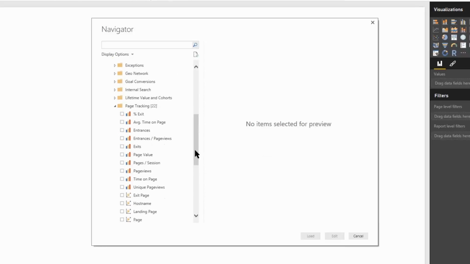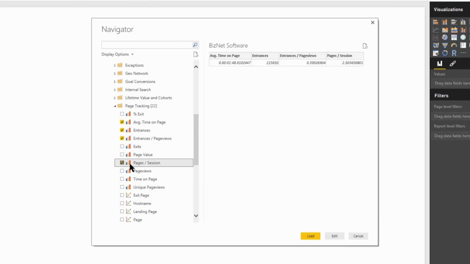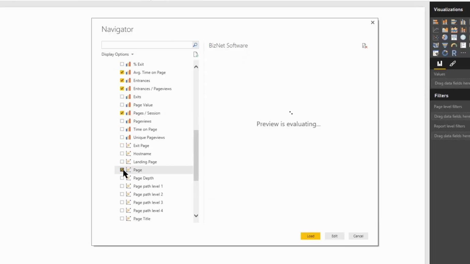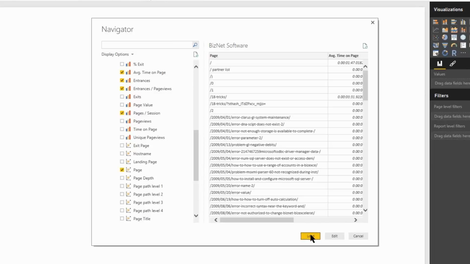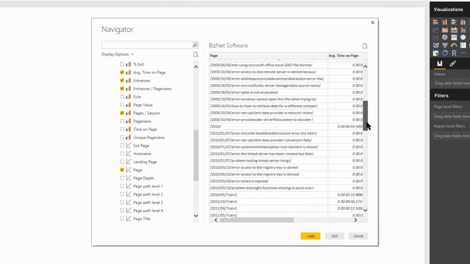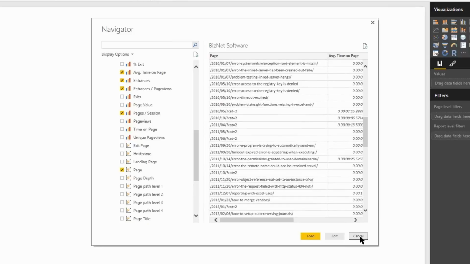I'm going to use the page tracking, and I want to see how many entrances we had, how many page views we had, how long they spent on a page, how many pages they used in a session, and then I'm going, wait a minute, there are lots of things that I could select. Exactly what do I want? Well, yeah, I want to see the page as well. And again, you could load this, but you can see we got information going back to 2009 to 2010 in addition to our current information. So Power BI, I'm looking forward to using it more on bringing back data from external sources, because